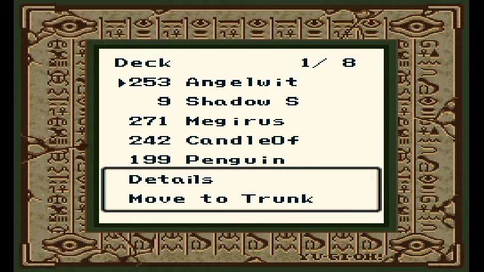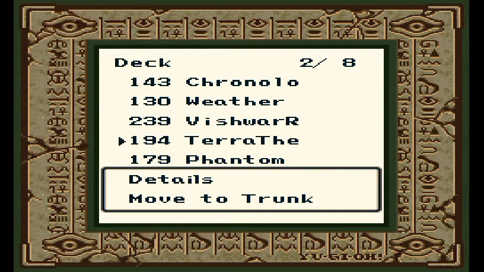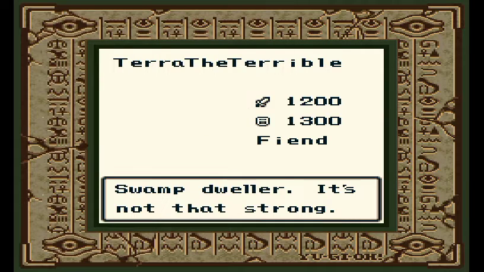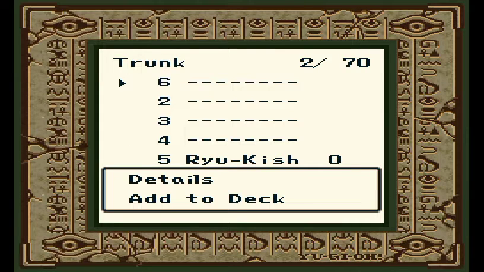Oh, wait. Alright, for the deck... Let me see, what weak cards do we have for sure? Not many. Most of Yu-Gi-Oh's cards are top-notch, to be honest with you. So, Kurama. Yeah, definitely not that. Definitely not that. That's a really good defensive card. Can't get rid of that. You know, we'll get rid of Joel Bird. We'll move that to the trunk. And then...